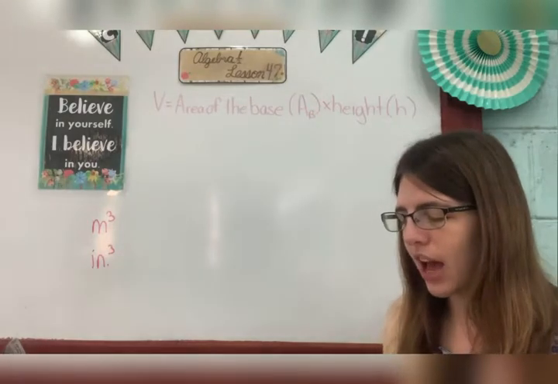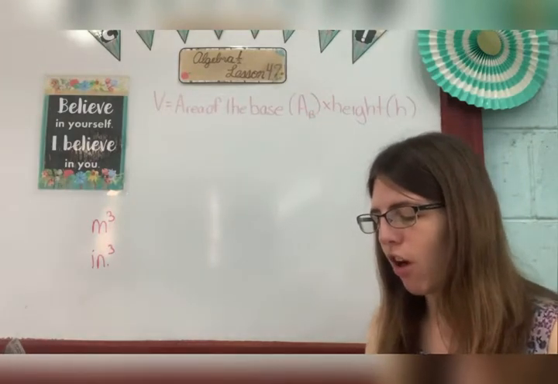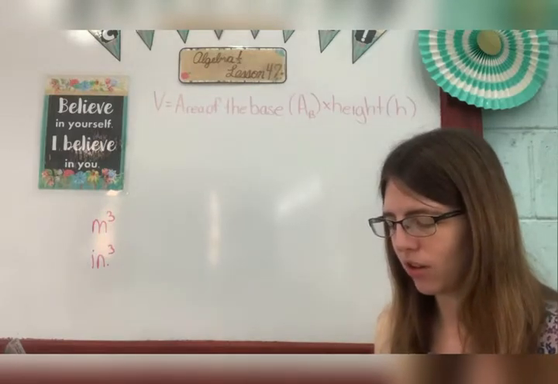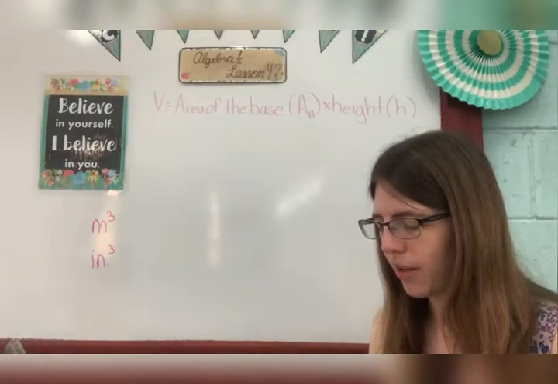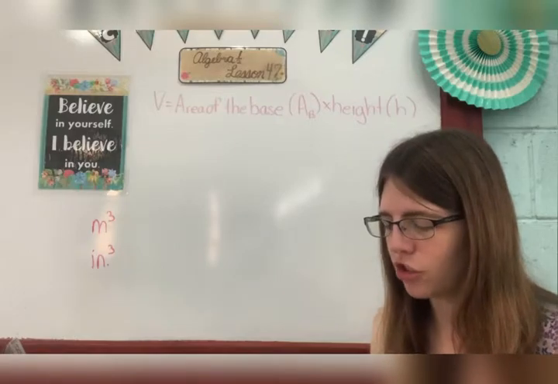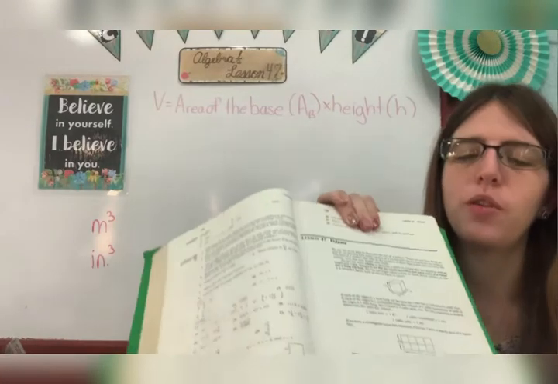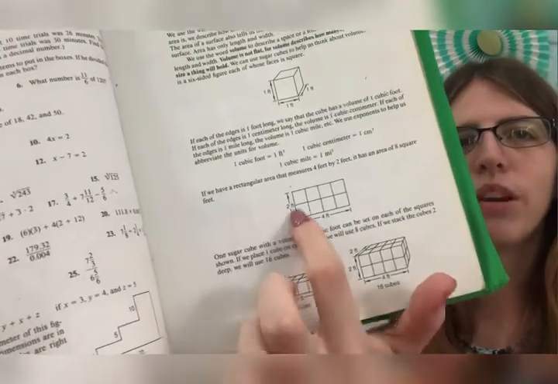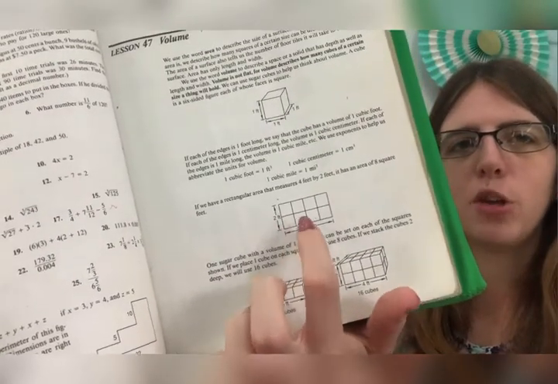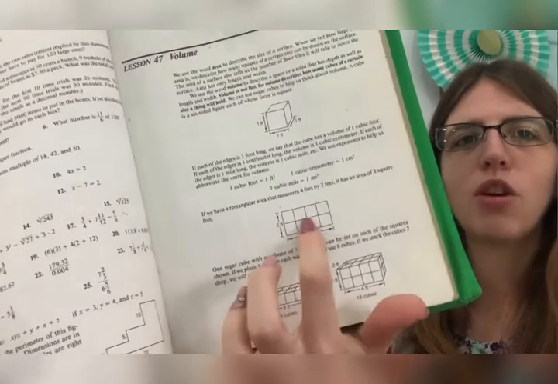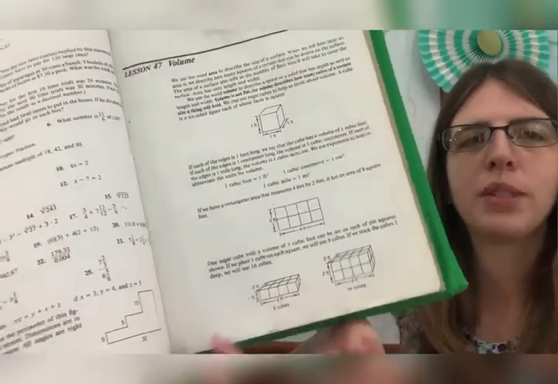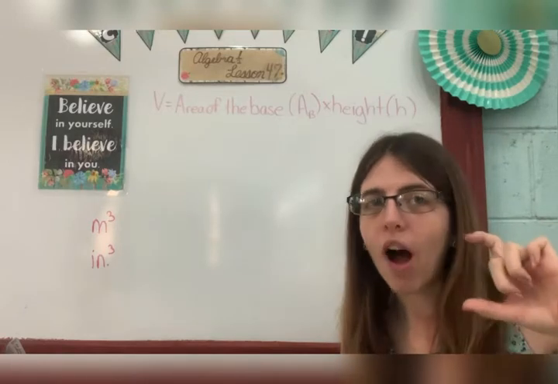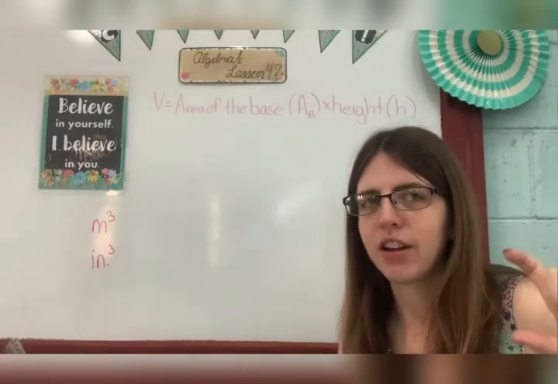So if you have 1 sugar cube with a volume of 1 cubic foot and you set it on each one of these squares, it can be set on each one of the squares that is shown. Okay, so they show that. So you have a cube set on each one of these squares. So a cube here, a cube here, a cube here, a cube here. So it's no longer flat, now you have cubes. So there your volume is 8 because it's just 1 cube that's been set on each one,